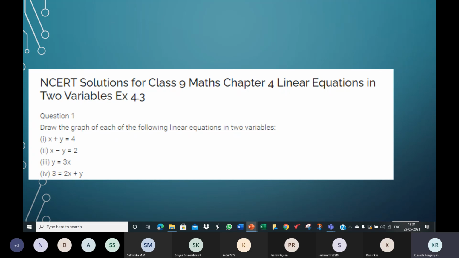And let's say the last one is 5x minus 3y is equal to 0, or 5x minus 2y, whatever. Write only the x and y term. Don't write the constant. So something like 5x plus y, or minus y, minus 2y, whatever. They should show only the x and y terms. 5x plus y is equal to 0.